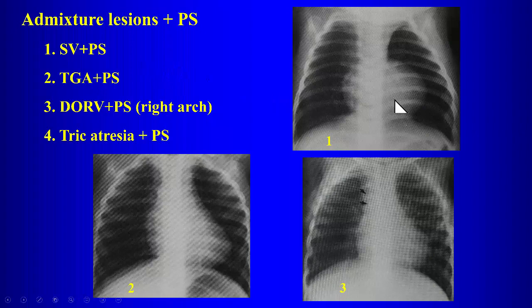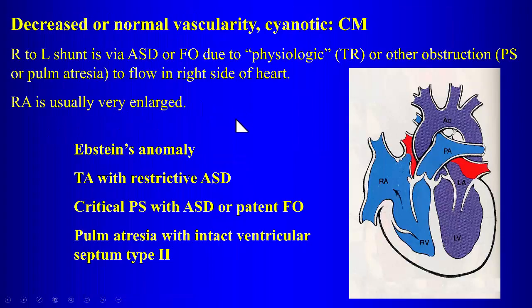This is single ventricle with pulmonic stenosis. This is transposition over here with pulmonic stenosis, double outlet right ventricle with pulmonic stenosis. So any of these admixture lesions with pulmonic stenosis, especially if they have a ventricular septal defect, will have physiology similar to tetralogy, and they will resemble tetralogy on the chest radiograph. Okay. Now, on the other hand, if we have right to left shunting through an atrial septal defect